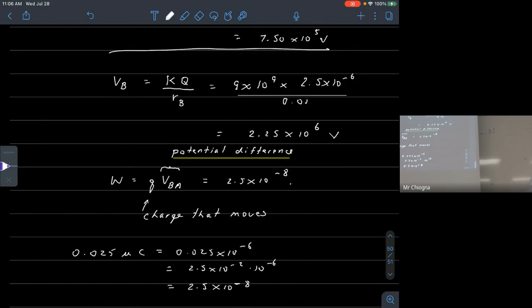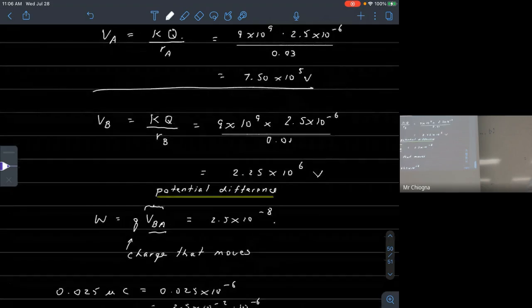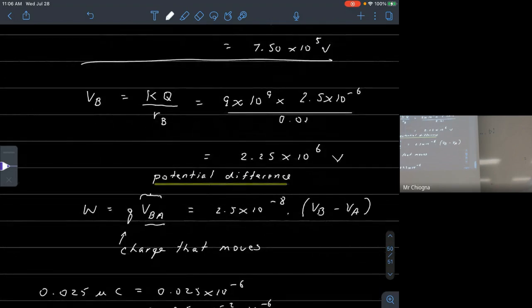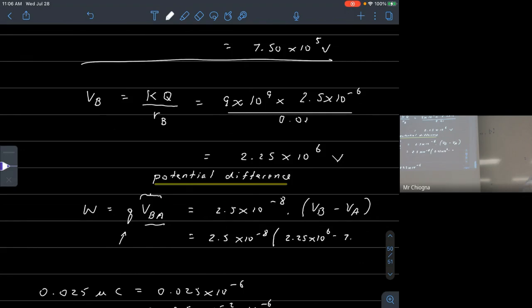Times what? Times the potential difference, what we just calculated here, or VBA. This is VB minus VA. So 2.5 times 10 to the minus 8. Just plug in your difference. VB is 2.25, and VA is 7.5. And that works out to be,